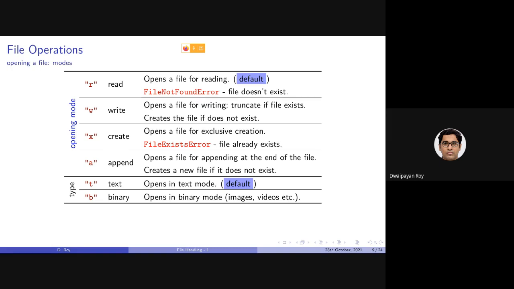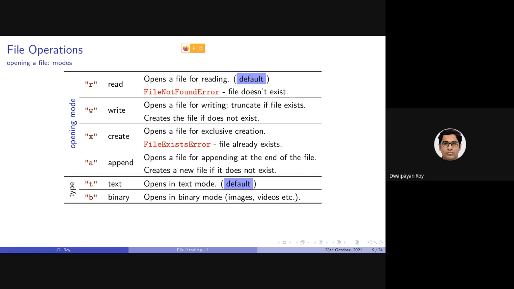So let's look at the different file operations and the corresponding modes in a bit more detailed way. R is specifying the read mode. So if we specify R, or by default it is specified, the file will be opened in the read mode, and it will be used for only reading.